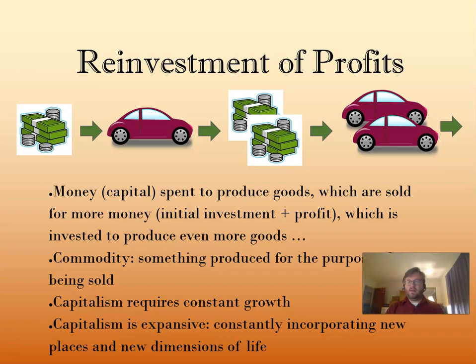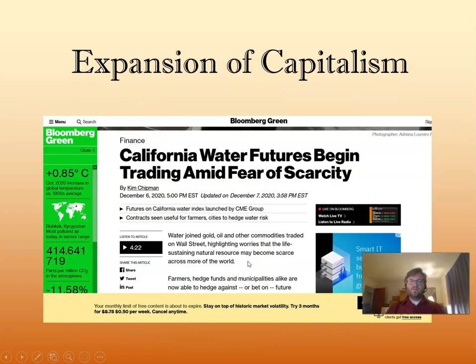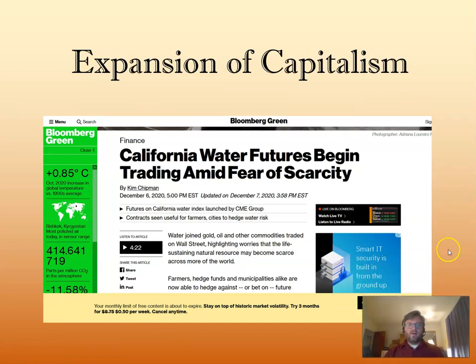So as an example, recent news story here about water now being traded by stockbrokers. Just as a side note, when we talk about futures trading, what that basically means is that you are buying and selling contracts to buy a certain commodity at a certain price in the future. The idea is this is supposed to stabilize price fluctuations. If you're buying these future contracts, you're making these pre-commitments to continuing to buy something at a certain price into the future. So just the other day,